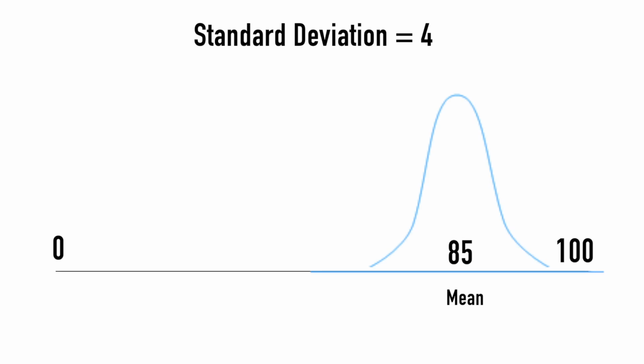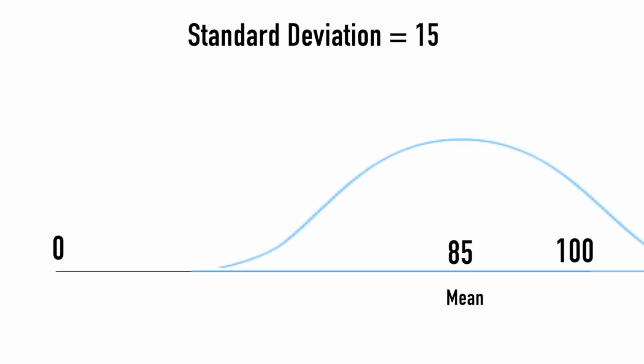If the mean of the results of that test is 85 and the standard deviation is very small, it means that most of the students have had grades around that mean, around 85. However, if the standard deviation is very big, it means that the data is very spread, meaning that students are not at all around the mean. Some had 1, some had 100, some had 2, meaning that the data is very, very spread.